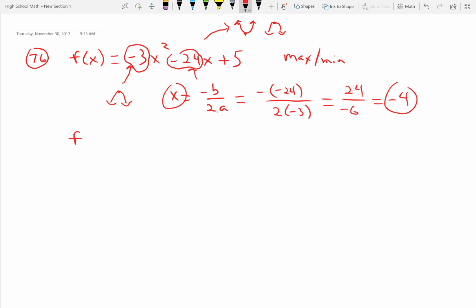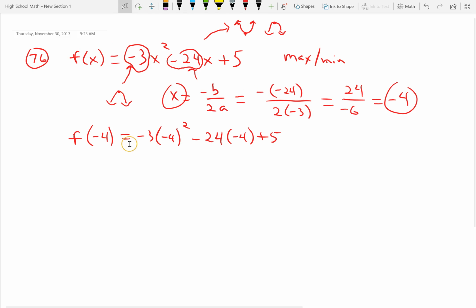So substituting negative 4 for x, f of negative 4 equals negative 3 times negative 4 squared minus 24 times negative 4 plus 5. From this line to this line, we have just substituted negative 4. Every place that we see an x, we have substituted negative 4. What we're trying to find is the pairing value with negative 4. When negative 4 is x, what is y? This value will be the maximum